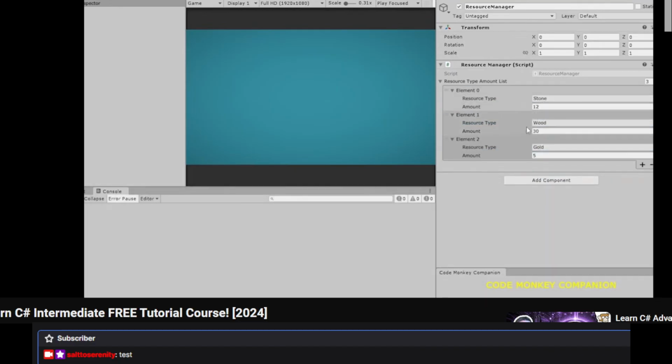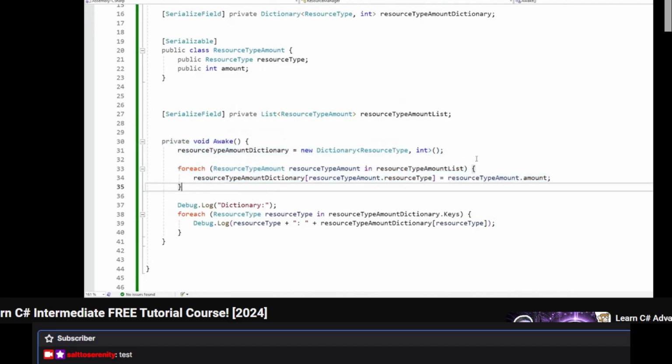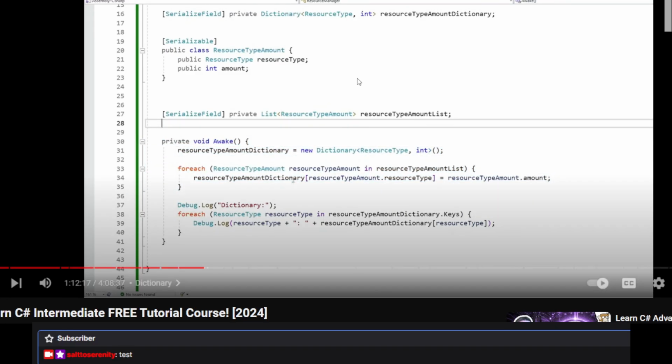So there it is, all the various values, all the various keys. And then on this same script over here on the awake, we just create the dictionary. We cycle through the list that we exposed in the editor, and